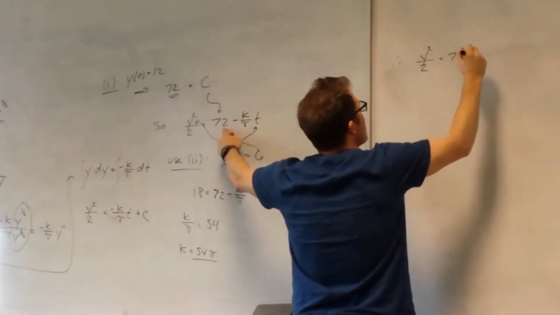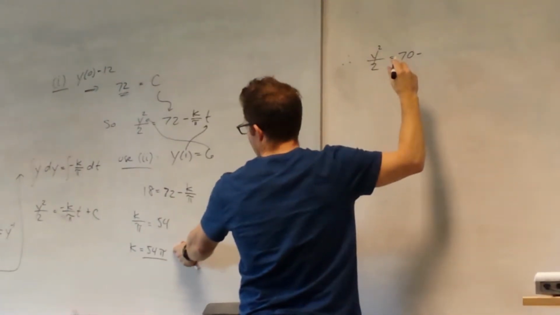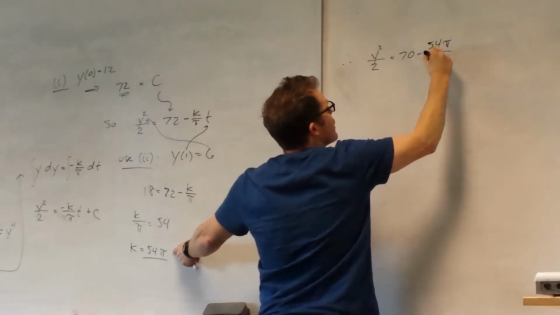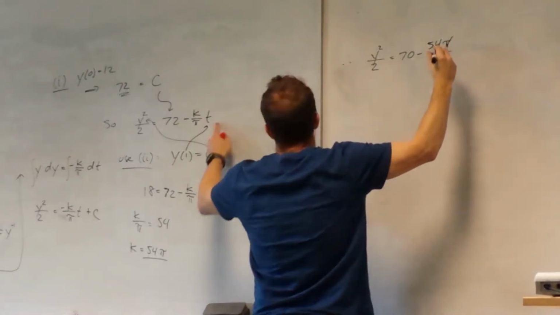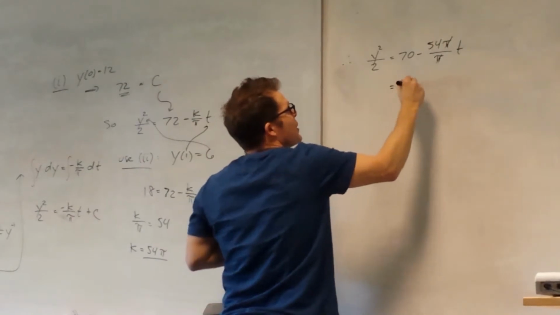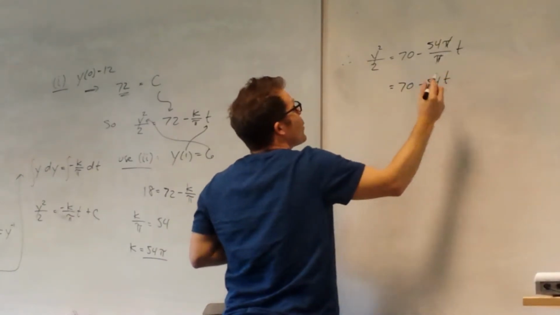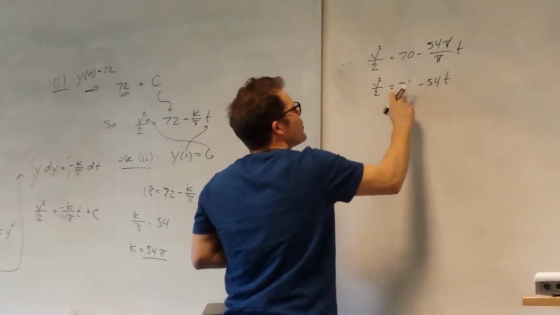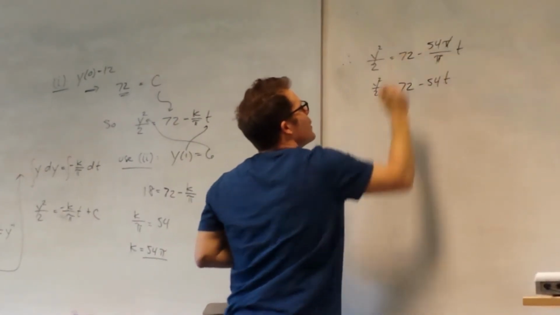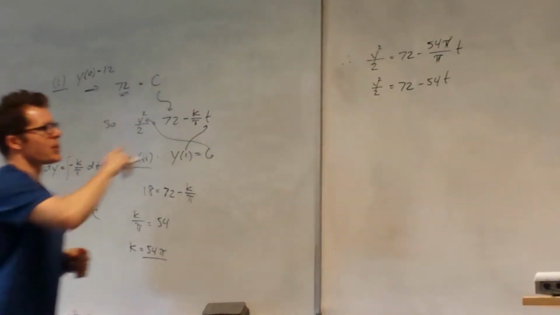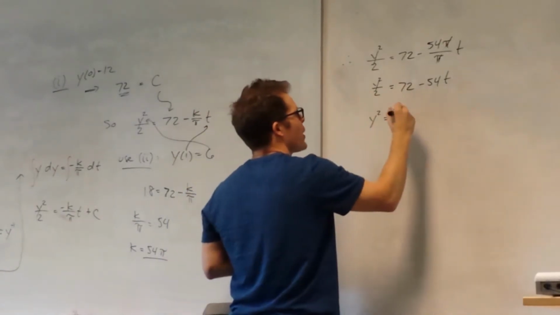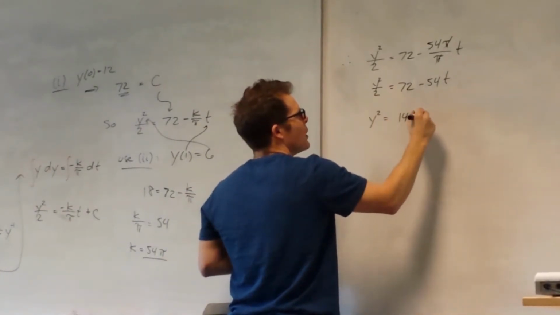So negative kt, I'm going to write it like this, c, which was 72, minus k over pi. So 54 pi over, oh, and what happens here? Pi crosses out with pi. Right, okay. And t. So we get 70 minus 54t, well, it's linear. Well, that's y squared over 2, though. 72. Why do I keep doing that? I want that to be 70. Make it 70. All right, so multiply both sides by 2, we get y squared equals back to 144 minus,